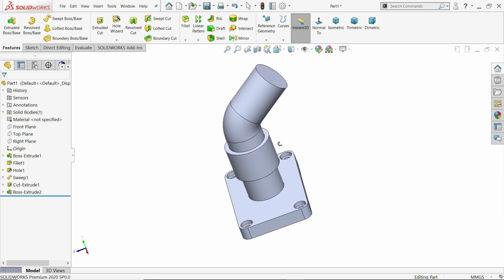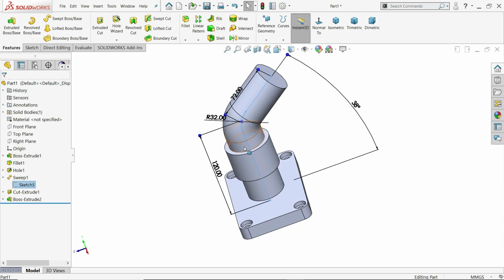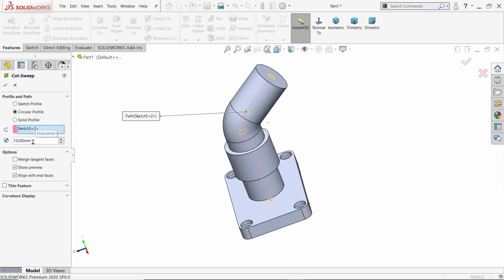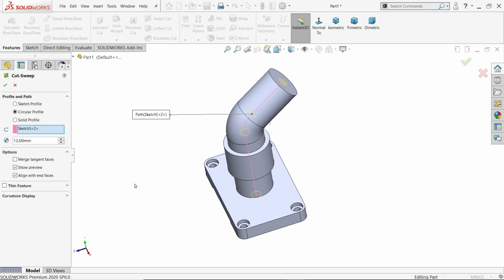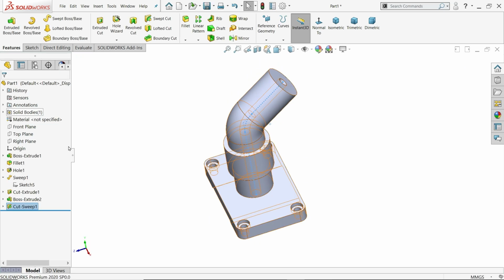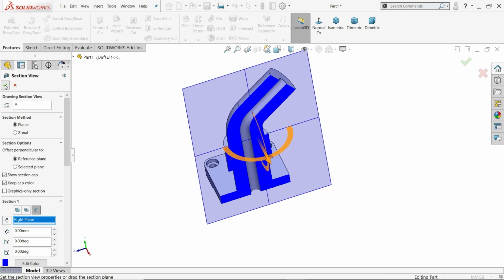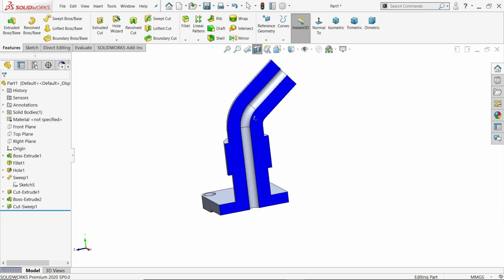So first let's make one cutout here. We will use the same sketch, swept cut, circular profile, 12 millimeter. Look, say yes. If you see section view, now look,